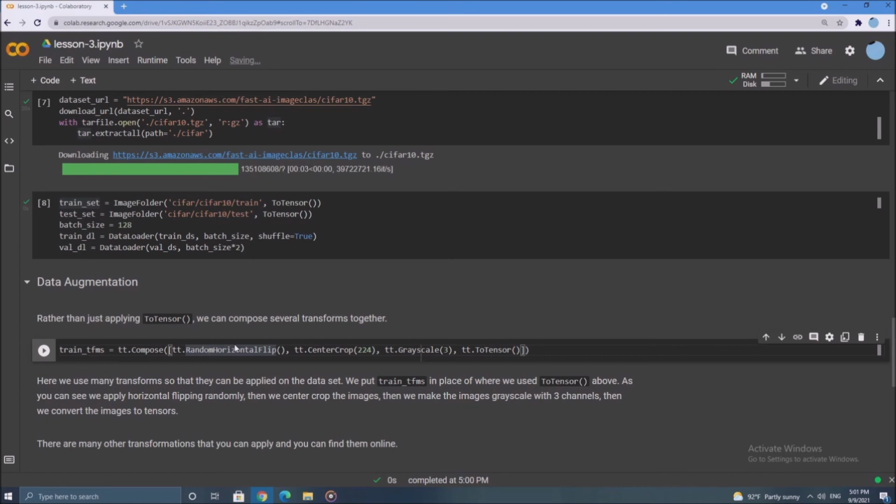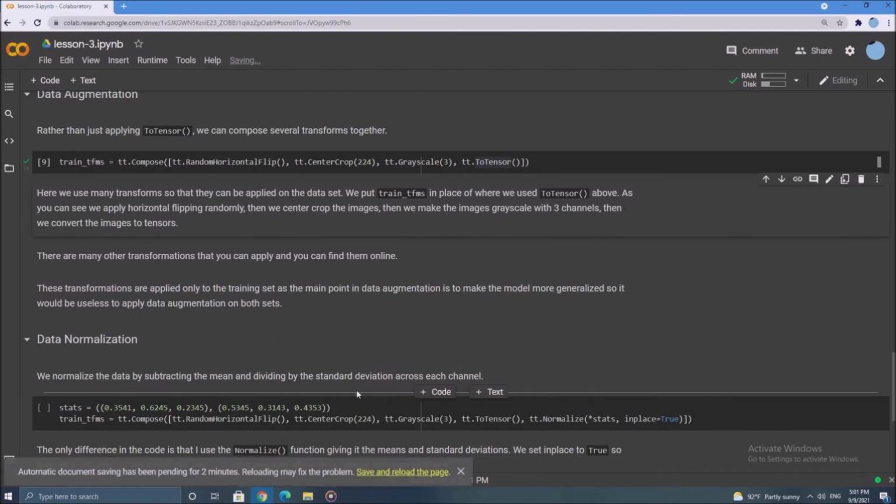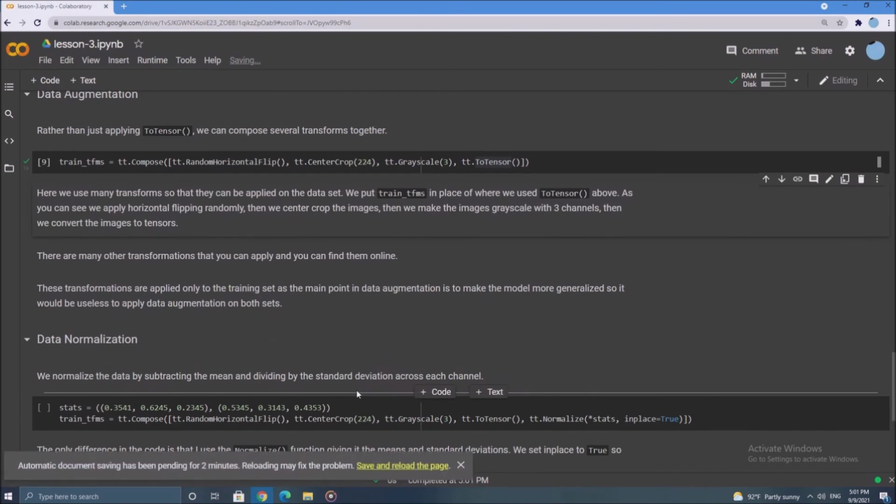Then we apply grayscale, and we want the image to have 3 channels. Then we transform the image to a tensor. There are many transformations that you can use in PyTorch, which you can find online, and these transformations,